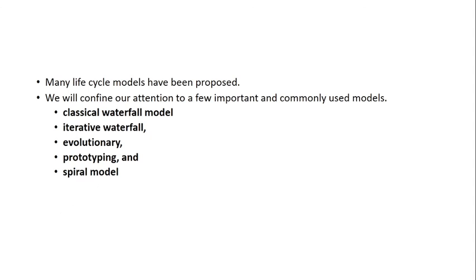So at least you got an idea. If we have certain models, they have certain application areas, right? They have a sequence of steps which are being carried out. The ordering might change. Like in a classical model, it is strictly rigid phases. In prototyping, you prepare a prototype first, then you develop the actual system. In evolutionary, you develop it in iterations, and spiral model is where we carry out risk analysis in detail. So roughly, this is the basics of your software life cycle models, right?